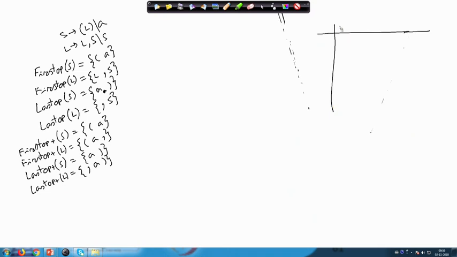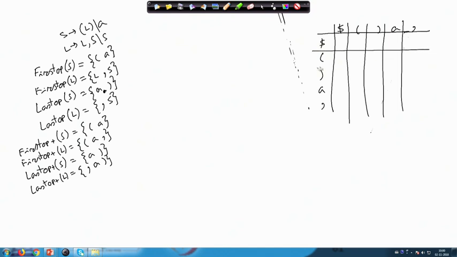So, we write down the terminals: $, (, ), a and comma, and on this side also we have $, (, ), a and comma. So, if I have to fill up these individual entries here, okay.